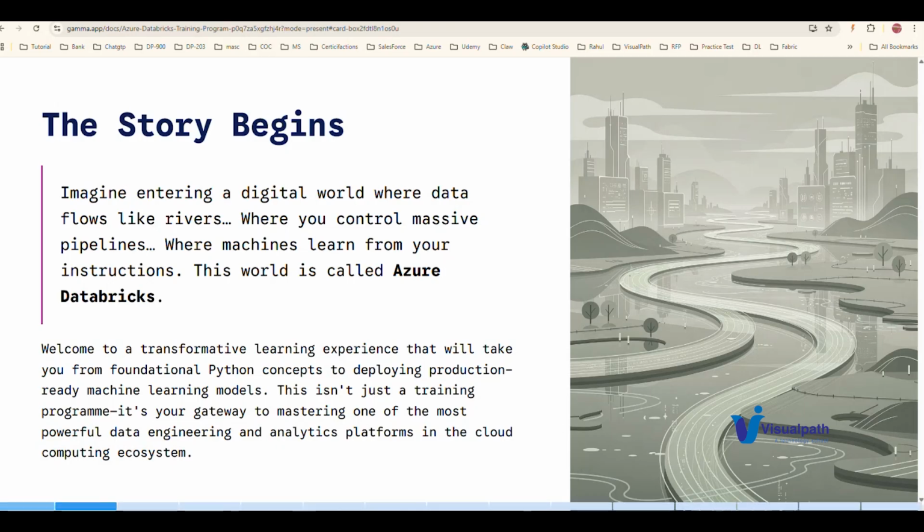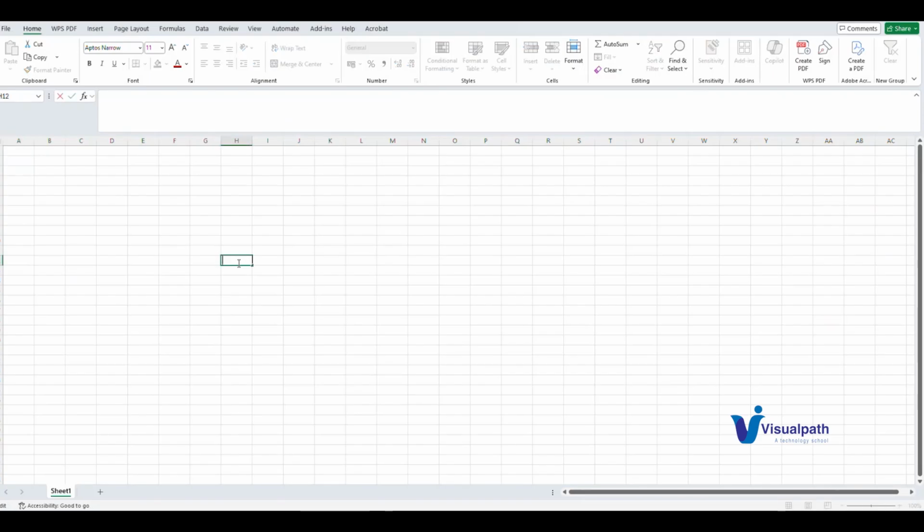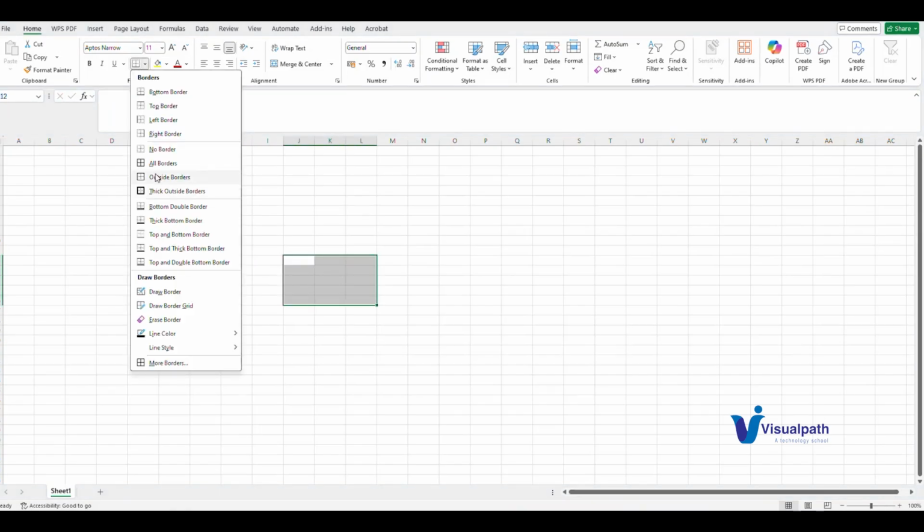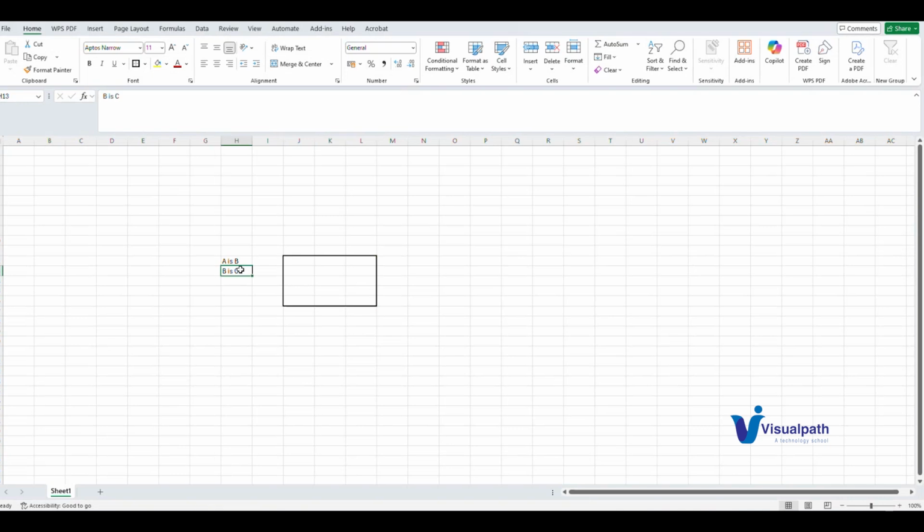It's something like A is B and B is C. So this is called some sort of information. We will use a system to process this information, and from these two pieces of information we get an output: A is C. So we are using a system for the transformation.